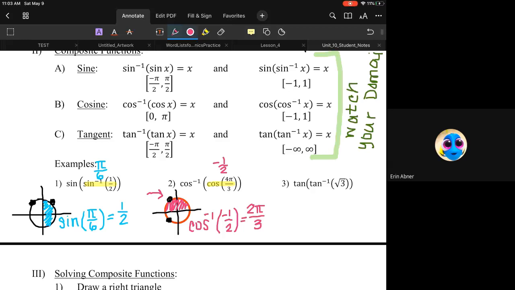And I'll show you on a unit circle in a second. If I'm looking at tangent, same thing. I'm going to work from the inside out. And so I'm going to look to replace this here where I highlighted in yellow. So I want to know where on the unit circle the y value is the square root of 3. So where I find that is going to be at